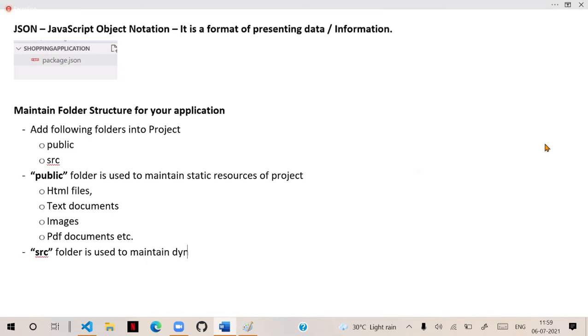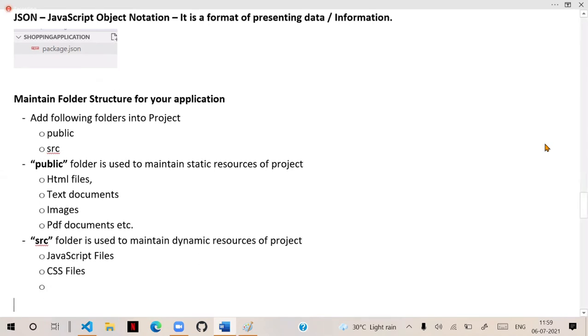the dynamic resources of the project, like JavaScript files. Like we have CSS files. We have CSS pre-compilers like Sass and Less.